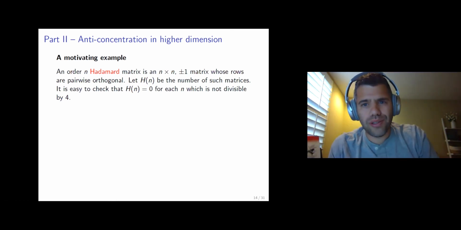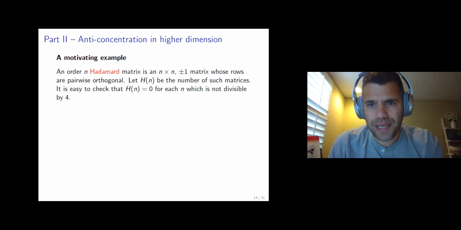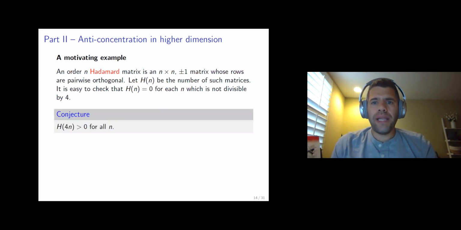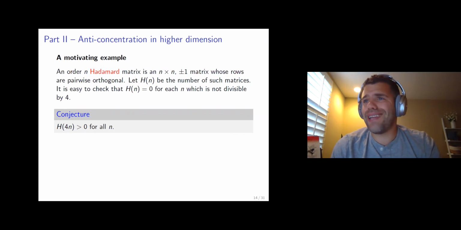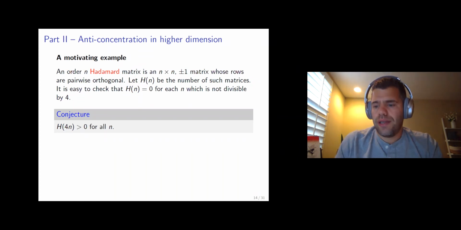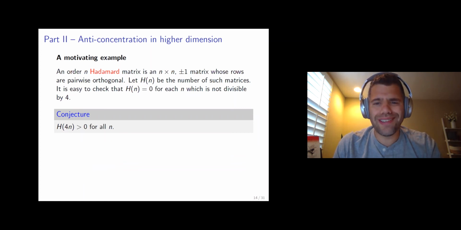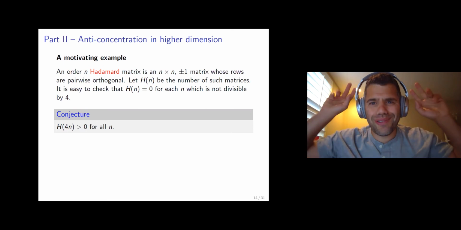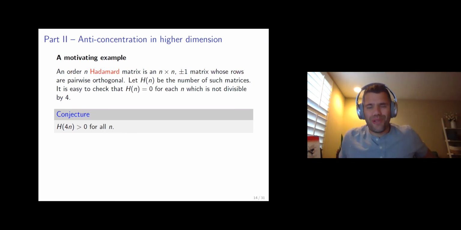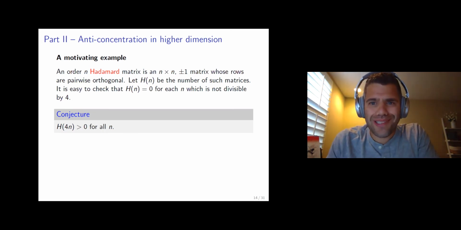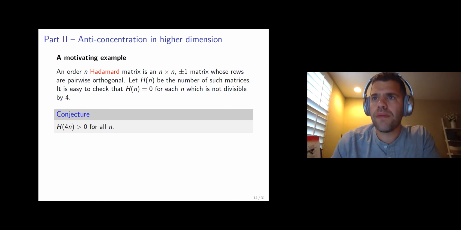And then you can go to the third row and you can convince yourself that n must be divisible by 4. And actually, this is a major conjecture: is it even true that 4n is enough? Meaning that for every n which is divisible by 4, there is a Hadamard matrix of order n. And I think that the best known bound for it, I'm not sure if someone broke it or not, is what they call the devil's number, right? I think that 666 is the threshold, the point up to which people found all the Hadamard matrices with computers. 666 is not divisible by 4, so I think 664 is the largest number that